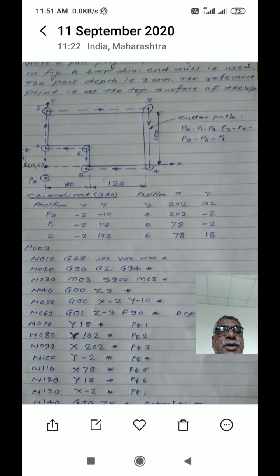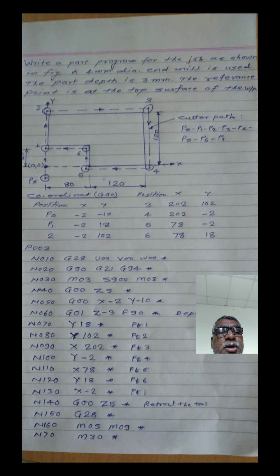Means here your 0 point x0, y0, z0 is at the top surface of the workpiece as shown in figure. That is 0 point is your workpiece 0 or reference point from which you have to measure all the coordinate values. Is it clear? It is most important. Where is your workpiece 0? It is always at the corner of the workpiece as shown in figure.